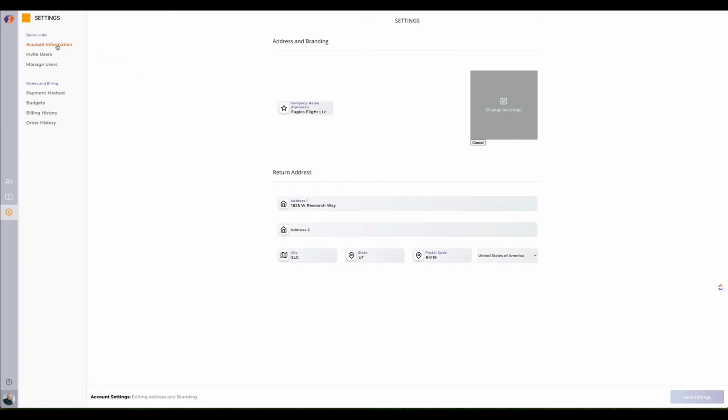The first page we're looking at here is the account information page. This is where you set your address and branding. I want you to draw your attention to company name. It is optional. If you do put a company name here, it will print on your return address on your cards. If you want to put a logo on the back of your cards instead of just having it blank,